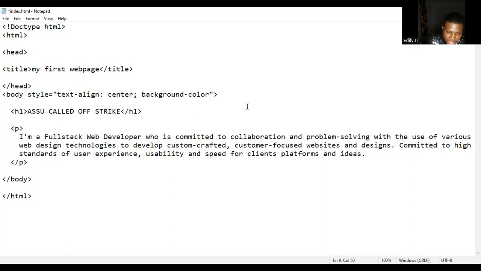And also the spelling of the color is American spelling, not British spelling. If you spell it C-O-L-O-U-R, you are not going to get anything. You have to write C-O-L-O-R. Don't forget that. That is in programming. Background color. We'll now give it blue. We'll save this. And if I share our browser